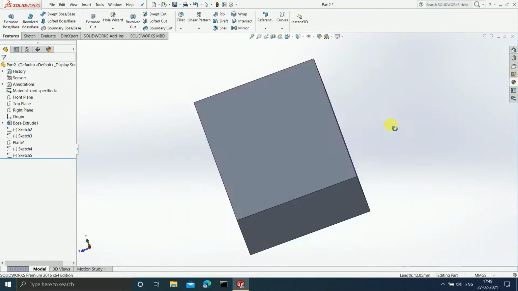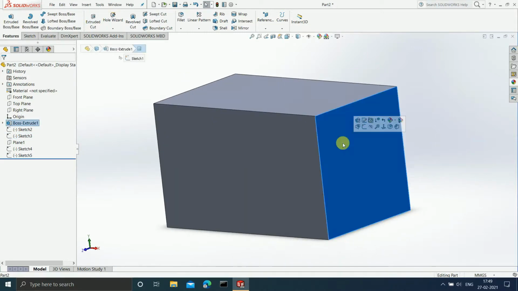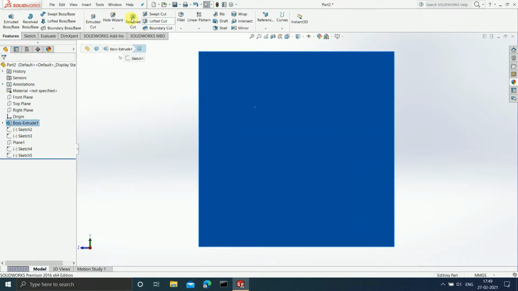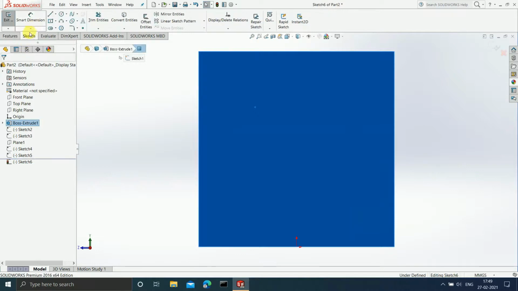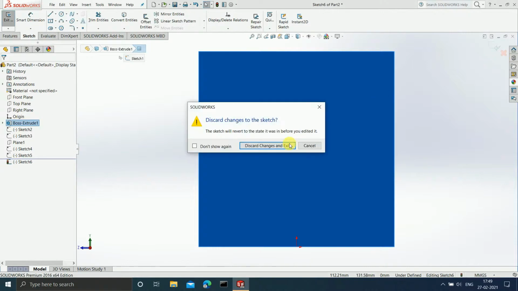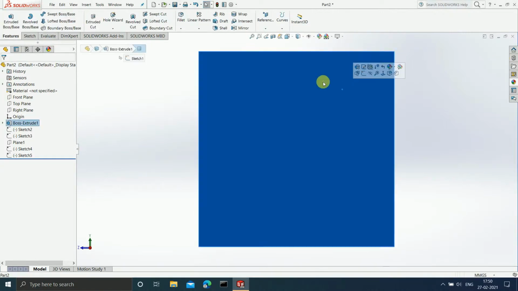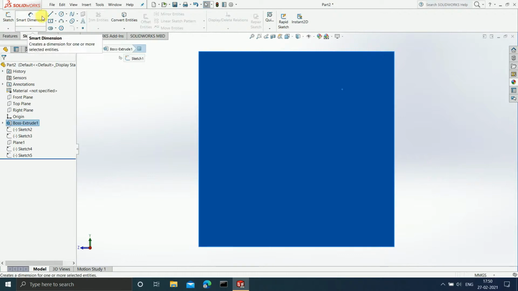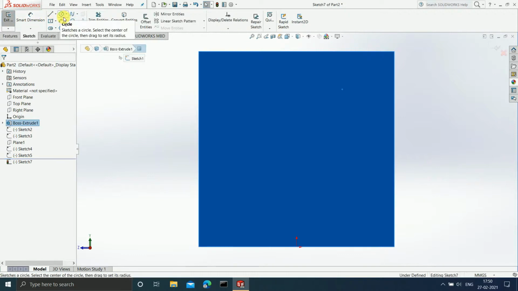Now I'm going to select this particular plane, press Ctrl 8, and you can now sketch on it. My bad guys, discard changes and exit. I have selected this plane and I will now go to sketch. In this sketch, I am going to draw a circle.